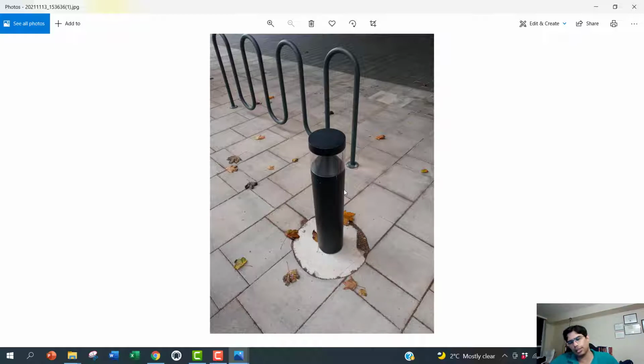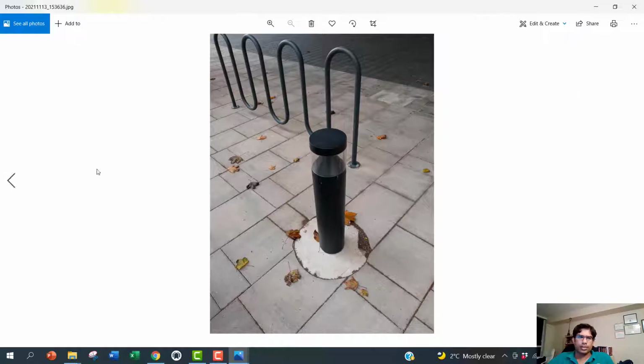As you see, reinforced concrete foundations or footings are not always rectangular or square, they can be circular too. So in this particular case, it's a light post, and there's a reinforced concrete foundation under it. It's a very rare photo where you can see the foundation.